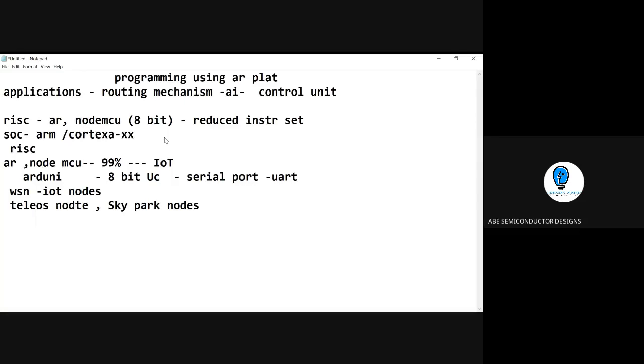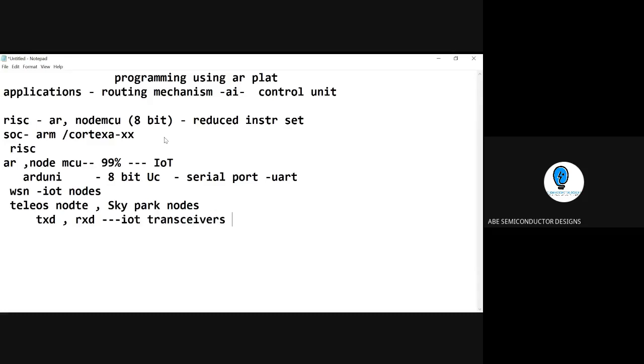What you can do is this: the serial port comes into the picture. So with the serial port, what happens here? It has two pins, TXD and RXD. With this TXD and RXD, you can connect any kind of wireless transceivers. Generally we can talk about IoT transceivers, which are connected through it.